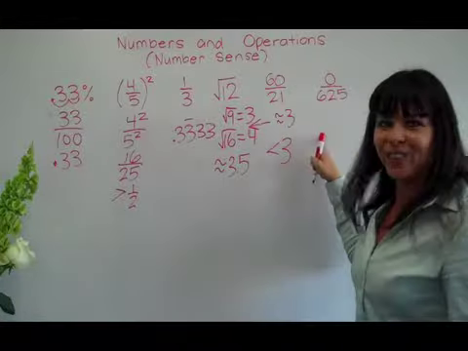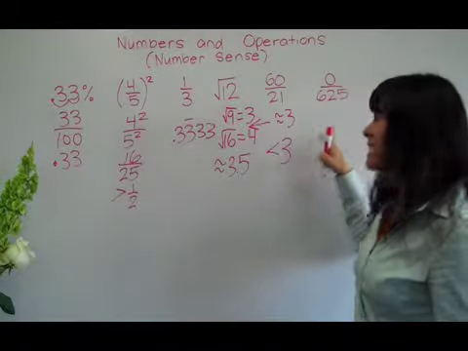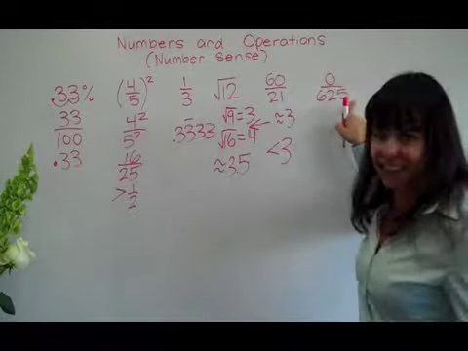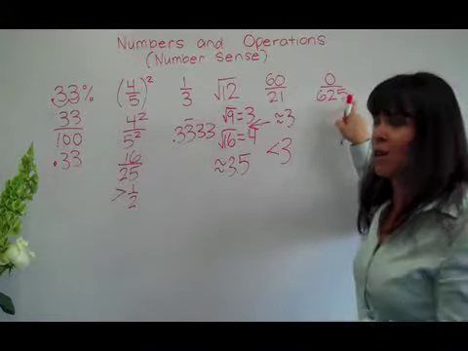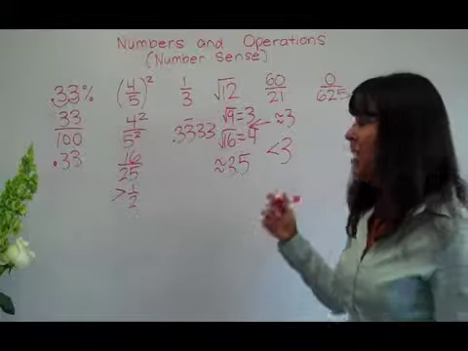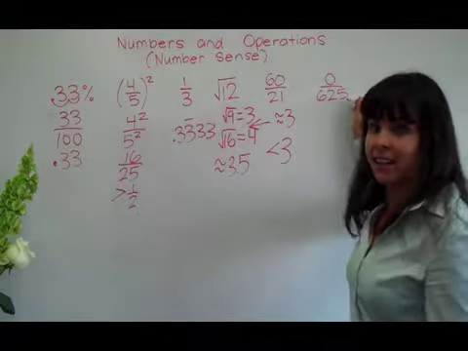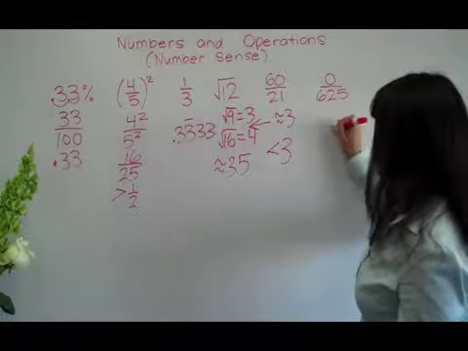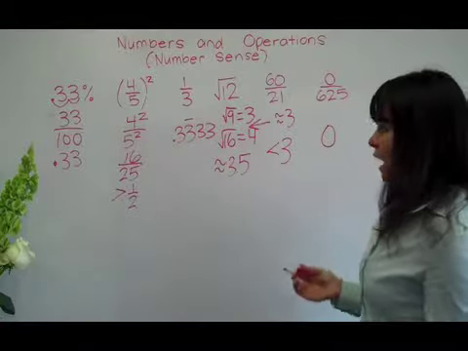Okay, and our final one, this is a little bit easy, because 0 over anything, it doesn't matter if it's a million, it doesn't matter if it's x, it doesn't matter if it's x squared plus 65, 0 over anything, if you have a 0 in the numerator, is going to be 0. So now we have